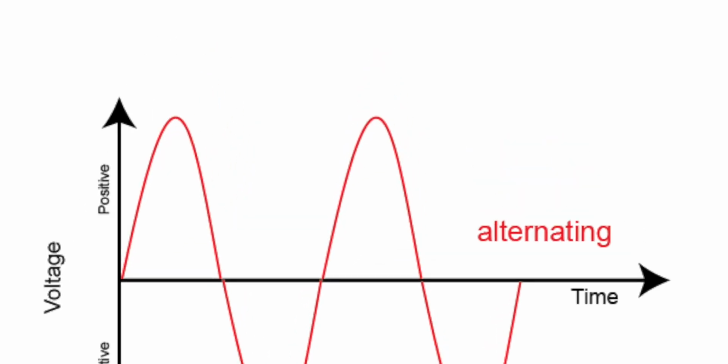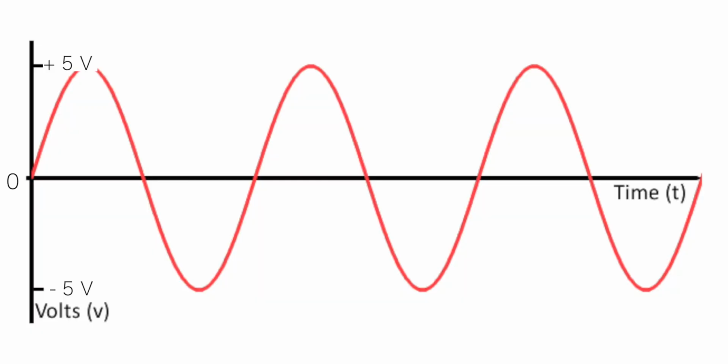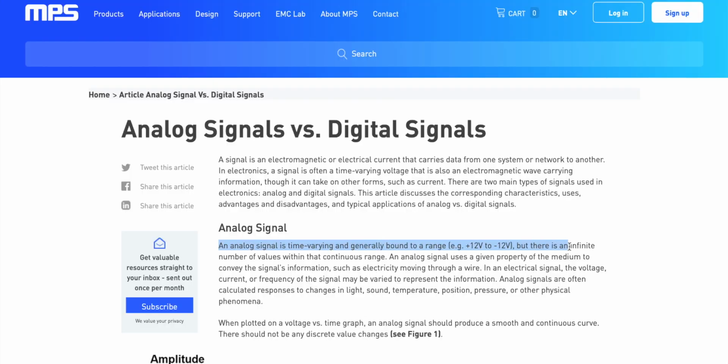So even if you connect the aux cable directly into the Arduino, first of all, don't do this. Second of all, I'll tell you why you shouldn't do it. An analog signal carries plus voltage and minus voltage. As you can see in the graph, this graph ranges from 5 volts to minus 5 volts. But that's not the limit. Maximum analog signal can go from 12 volts to minus 12 volts. So you need a circuit because we don't want our Arduino to get damaged, because Arduino can only handle up to 5 volts of analog signal.